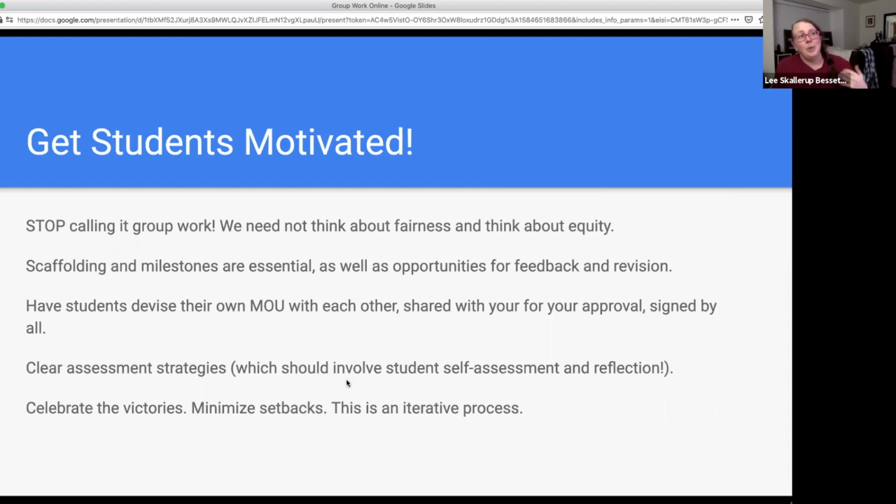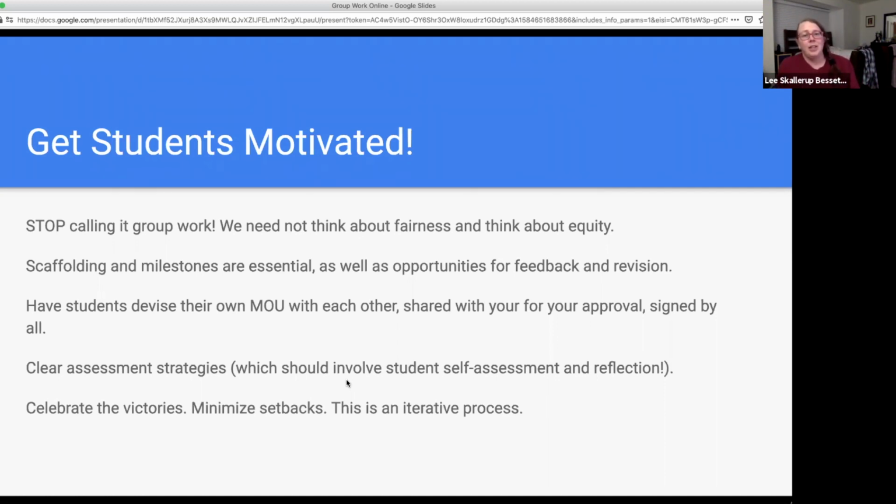And notice how I keep calling it online collaborations, or collaborative. I call them collaborations. I've been doing project-based and group-based learning for about a decade now in my courses. And there's something about calling it group work, and I understand why, that just ends up being a mental block for the students, because the students have a very specific, or at least did have a very specific view of what group work was. That group work is we each do 2 pages of work, and we each make 2 slides, and we each talk for 2 minutes, and we each all have to do the same thing.